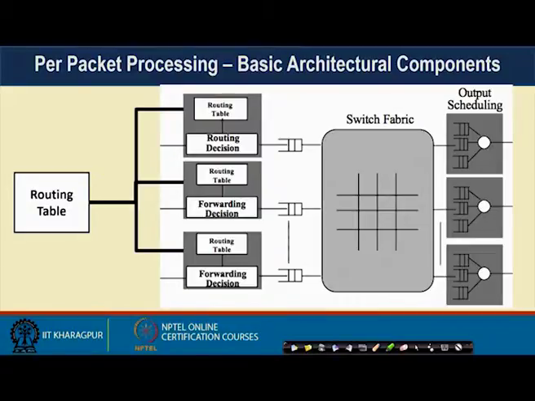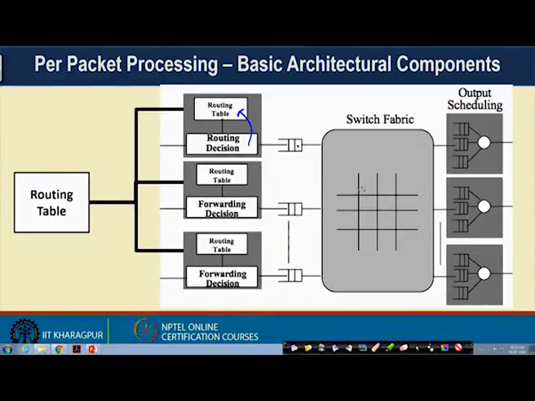So, the per packet processing, the basic architectural components are something like that. You have a routing table, and a copy of the routing table is put in every individual router. Whenever a packet comes, the interface controller makes a routing decision by looking into this local routing table. This local routing table has a name, which is called a forwarding information base, which will come after a couple of minutes. So, it makes a routing decision, puts the packet in a queue, and then you have this